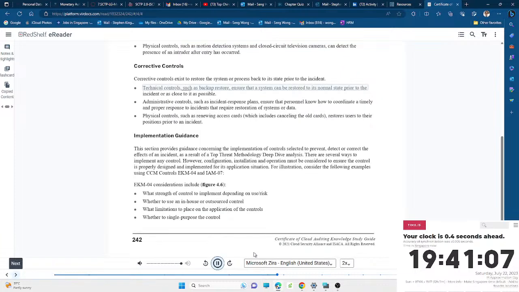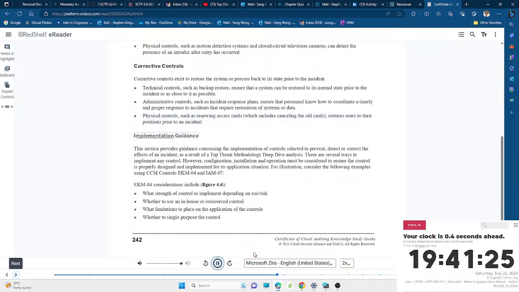Technical controls, such as backup restore, ensure that a system can be restored to its normal state prior to the incident or as close to it as possible. Administrative controls, such as incident response plans, ensure that personnel know how to coordinate a timely and proper response to incidents that require restoration of systems or data. Physical controls, such as renewing access cards, which includes canceling the old cards, restores users to their positions prior to